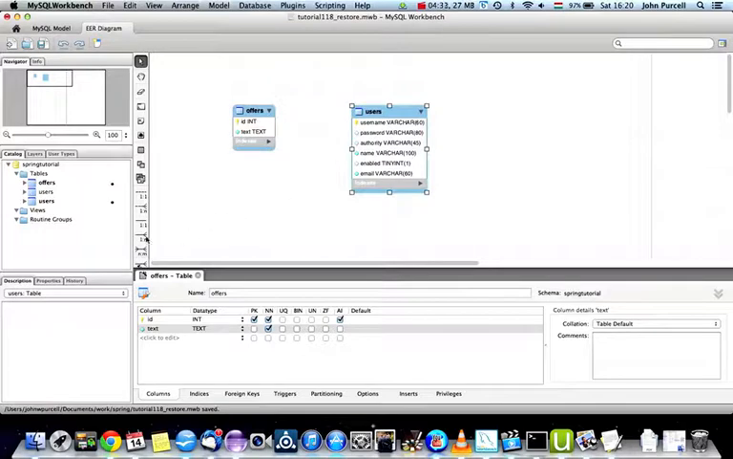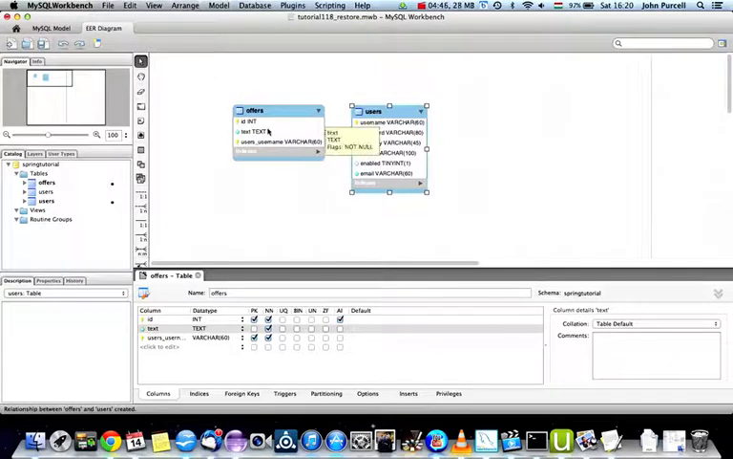So I'll click this 1 to n crow's foot thing here, click the offers table, and then click the username column in users. Now we can see from this crow's foot thing here that every user has 0 or more offers. I think that all looks fine, and let's save it and go to